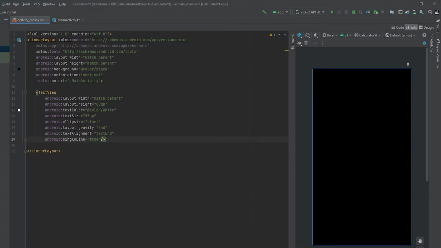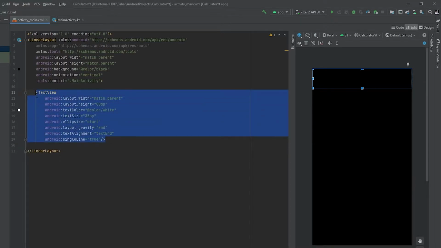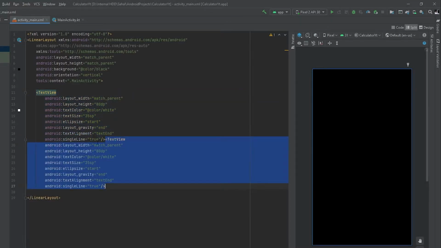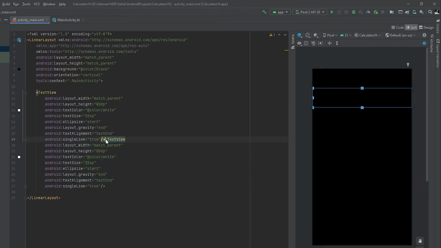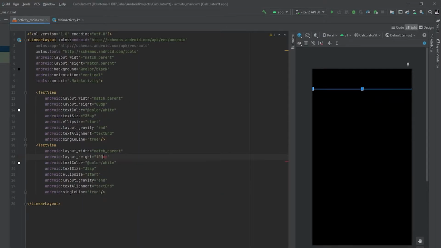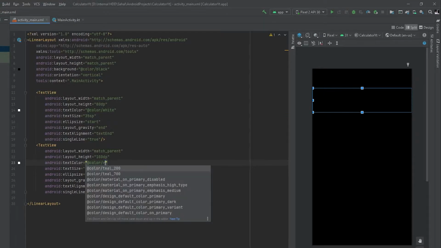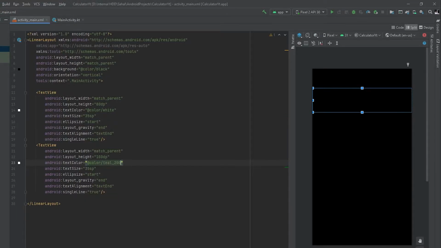Here we have created a text view for our first text box, which is for our calculation, and then we will just create another text view for our result. So here we will just change it to 100 as the result will be bigger size, and then here we will give 200 and then the remaining is all the same.